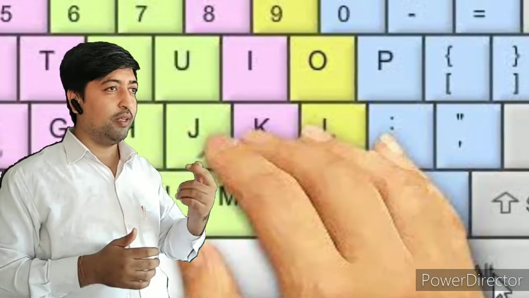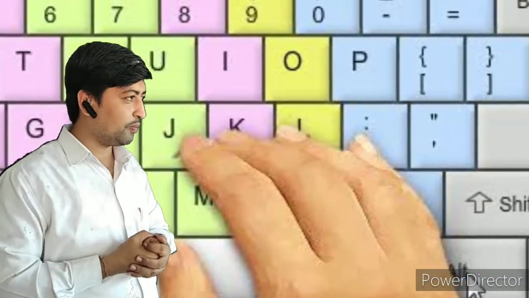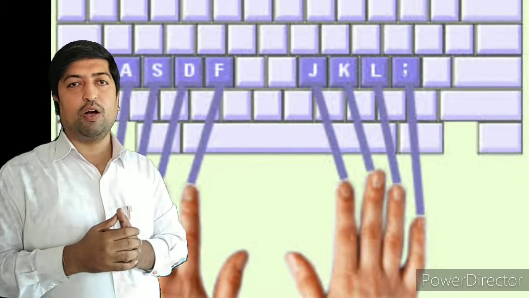Then we can understand the next type of key, that is our navigation keys, like page up and page down. The page up key is useful to reach the top of the document, at the first line, and the page down key is useful to reach the last line of the document.